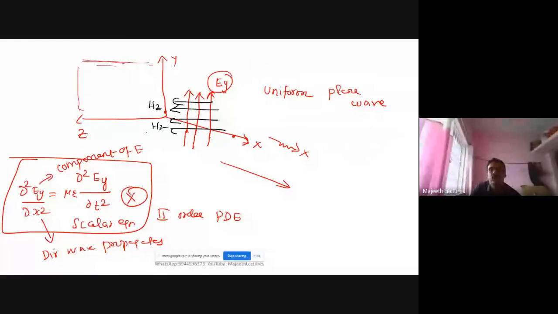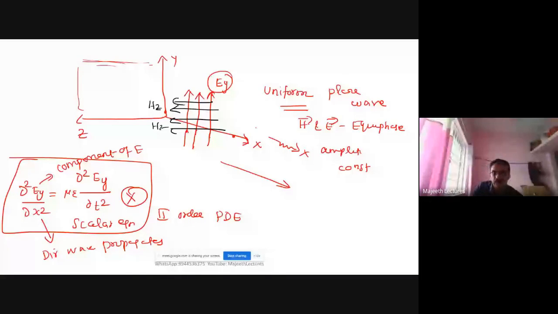That's why it is called uniform. Why is it called uniform? Here the magnetic field and the electric field are traveling in an equiphase surface. The phase is the same for electric field and magnetic field in space. That's why it is called uniform. That is, amplitude is also constant at every point. Amplitude will not vary for electric field and magnetic field. That's why it is called a uniform plane wave. You understand why it is called plane? It appears like the plane is traveling. That's why it is called a uniform plane wave.